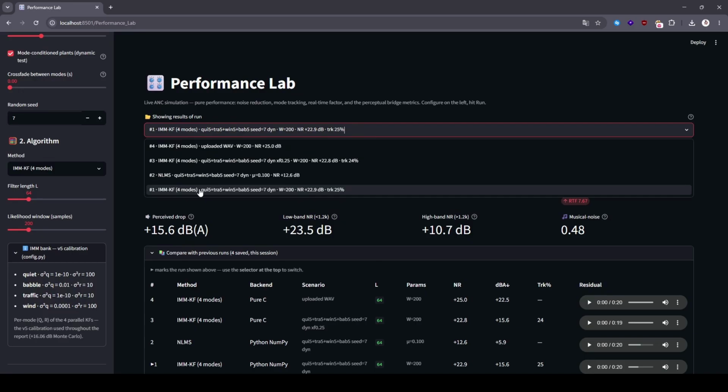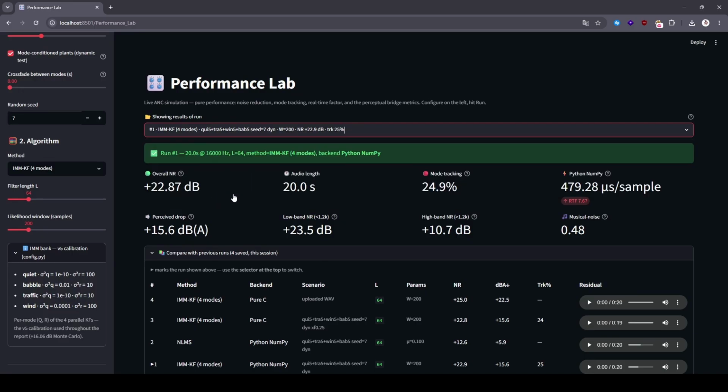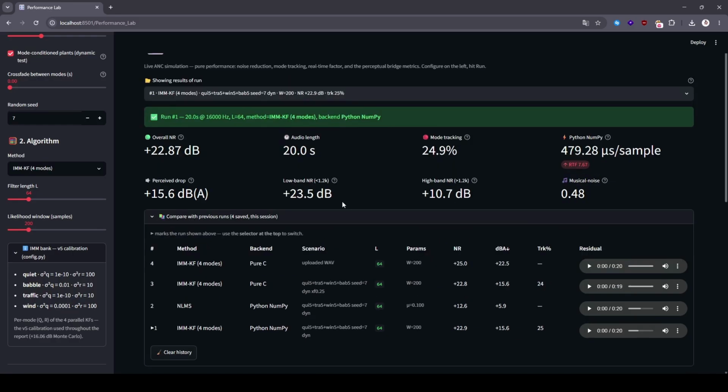Our first run was IMM-Kalman with Python backend. It took 418 microseconds per sample. It's almost 8 times real time. It has an overall 23 decibels of noise reduction,